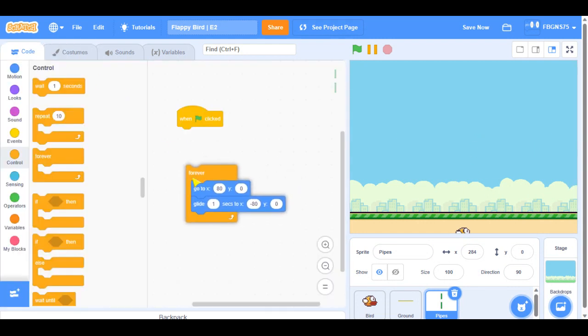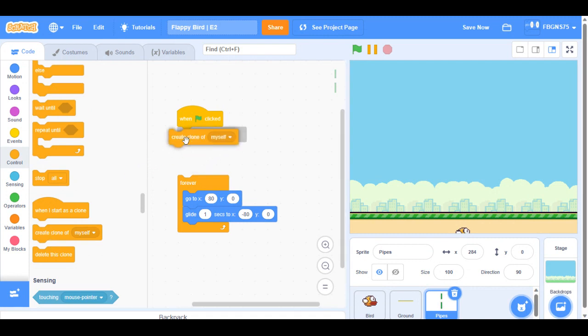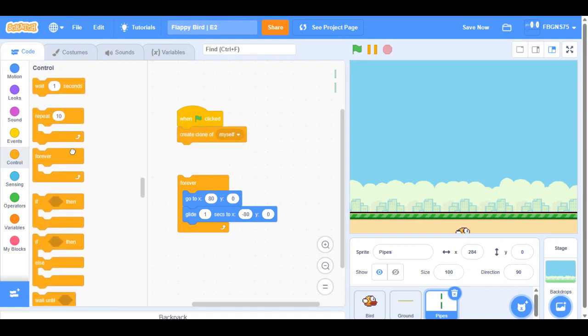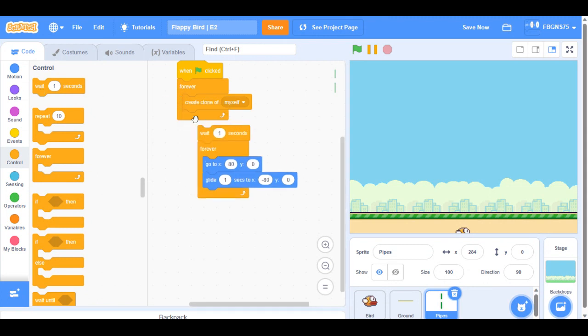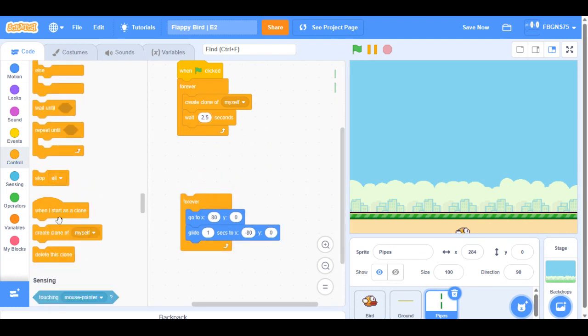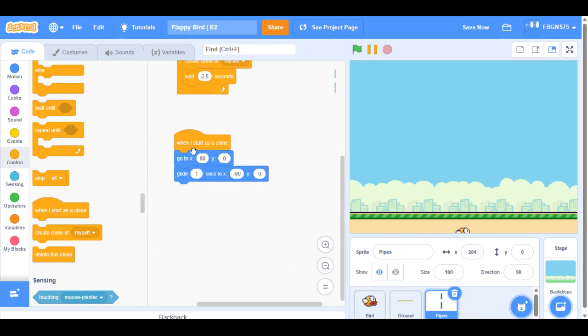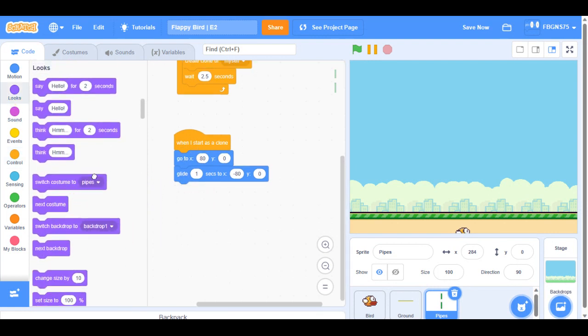So, we're going to make clones instead, so then we can have more than one pipe. So, control, create clone of myself, and put that inside of a forever loop. And this is the pipe delay, the wait 1 second. I'm going to up it to 2.5. Now, when I start as clone, then we're going to switch costume to big,